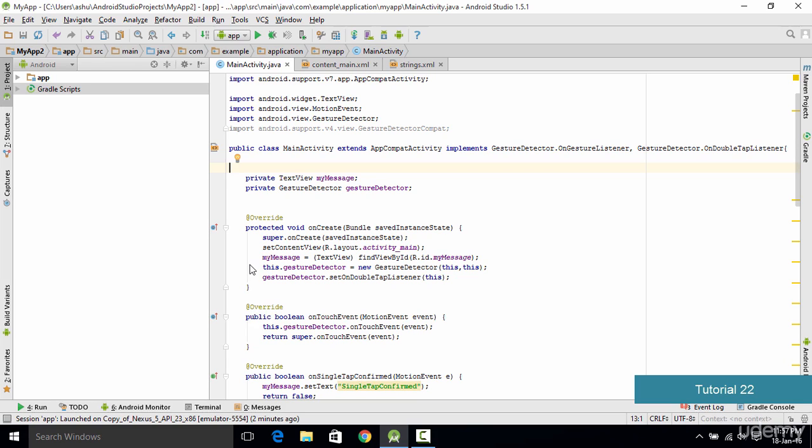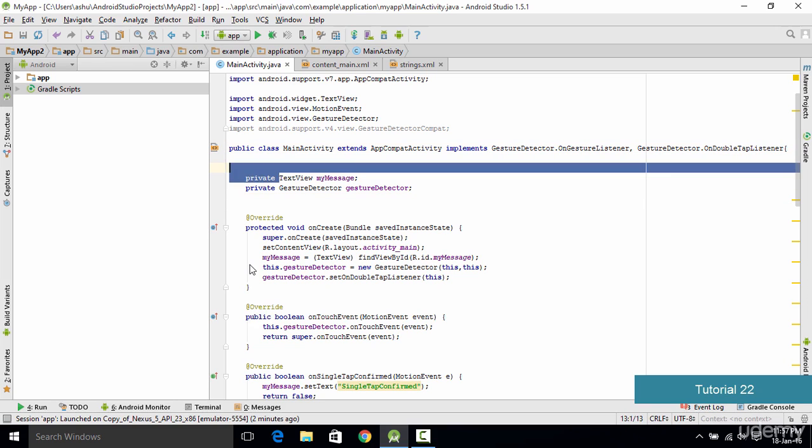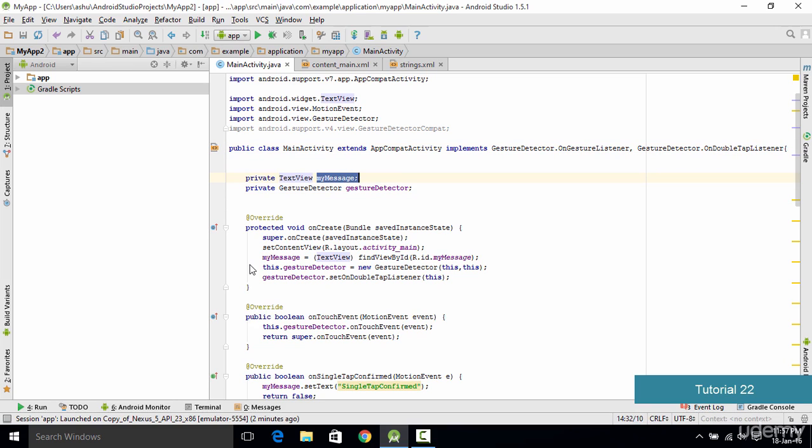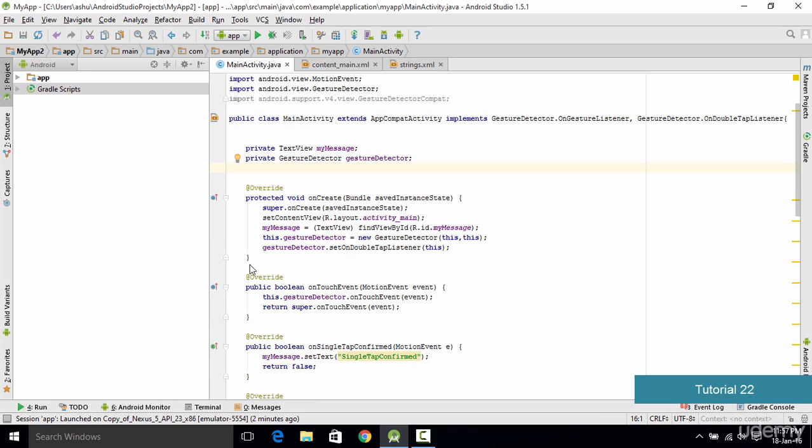For example, in this case we wanted to detect gestures, so we used the GestureDetector, and inside it we used the OnGestureListener. This is basically an event handler for gestures, and we also used the OnDoubleTapListener so as to detect the double tap. The next thing we did is create a TextView for my message, and a gesture detector. Then, as this was showing an error, because we had used implements but not the methods inside it,